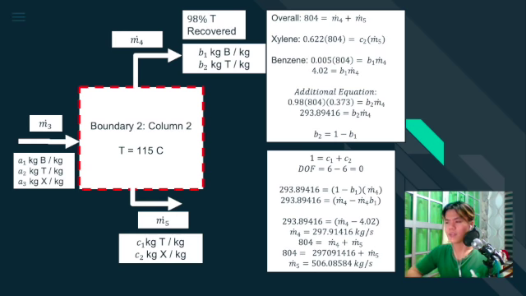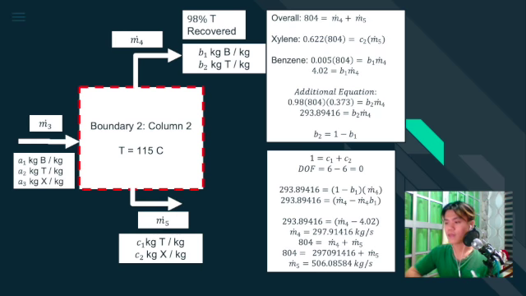Now with all these values in hand, we can start solving by inserting equation 5 into equation 4, which will give us equation 7: 293.89416 equals m.4 minus m.4 times B1. Then equation 3 into equation 7, since m.4 B1 has been calculated, which will give us the m.4 value, 297.91416. From here, we can proceed to equation 1 and substitute m.4 to get m.5, which will give us